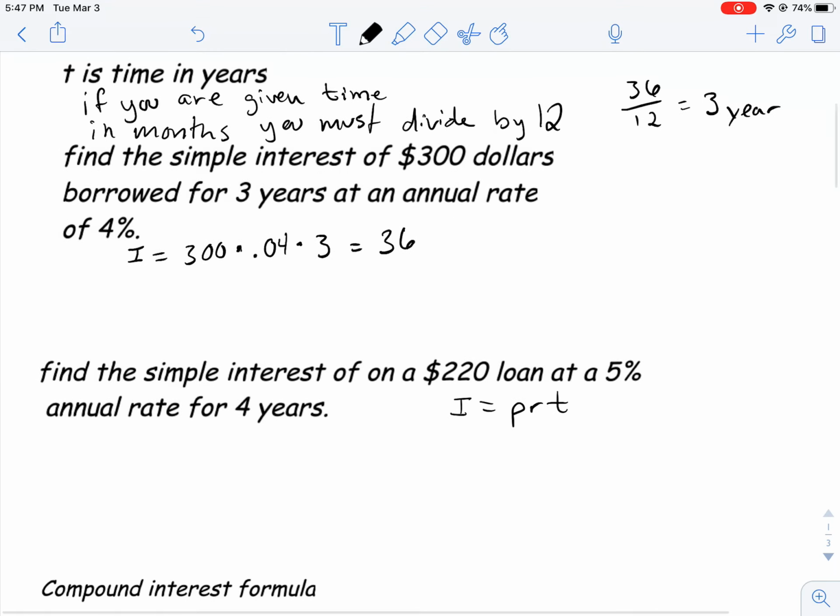Okay, so once again, same thing. Find the simple interest on a $220 loan at a 5% annual rate for 4 years. So once again, we're going to set up I equals 220, our starting amount or our principal, times our rate of 5%. Convert that to 0.05, and then times that by 4. So this is going to equal,